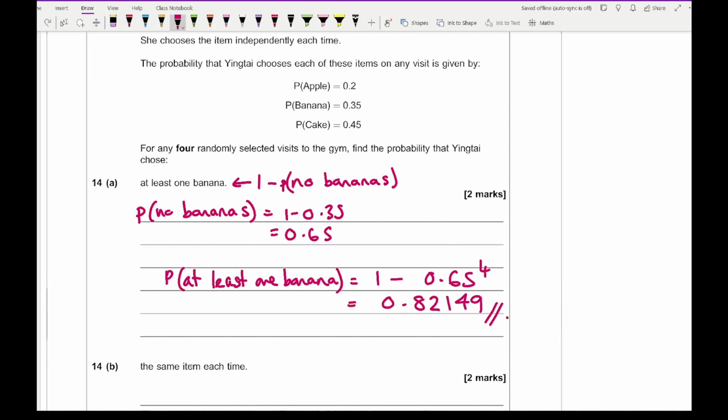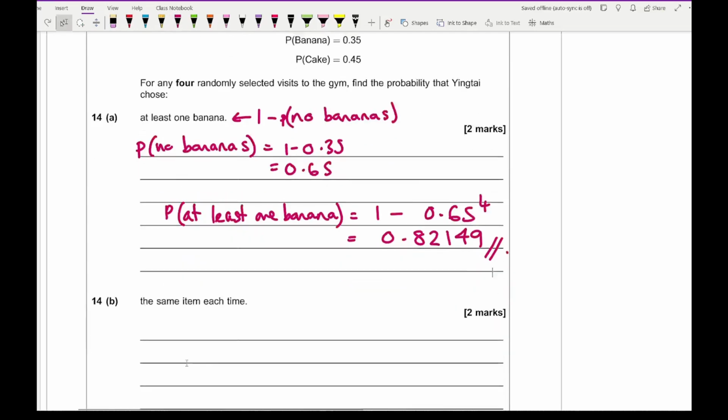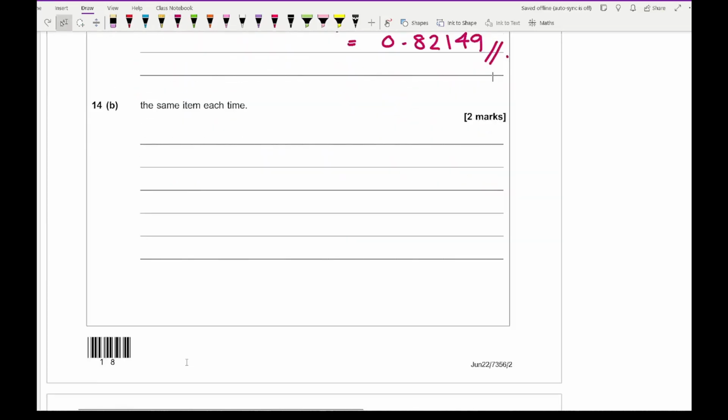And there we go. Now if you want to give a rounded answer, that'll be absolutely fine, but always state what you've rounded it to. For 14b, it says the same item each time. So for this, we can either have 4 apples or 4 bananas